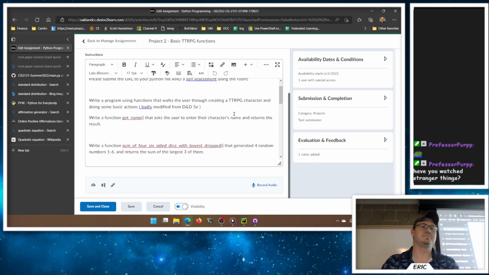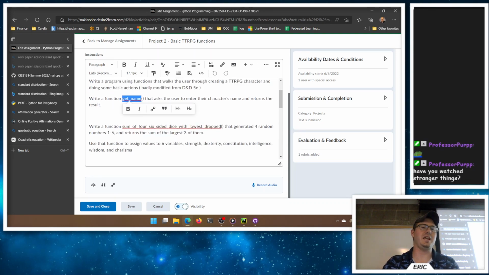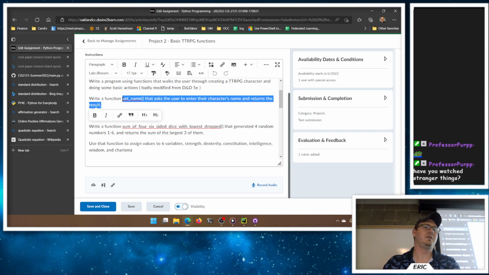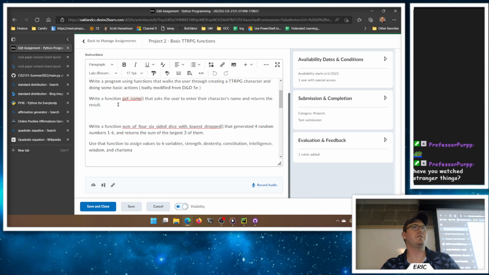So we're going to write functions that walk the user through creating a character and doing some basic actions, badly modified from 5th edition. So we're going to write a function for getName, which asks the user to enter their character's name and returns the result. So this one will do an input and return the result, right? We're not really saving any code here, but we put a nice name to what we're doing, right? And then